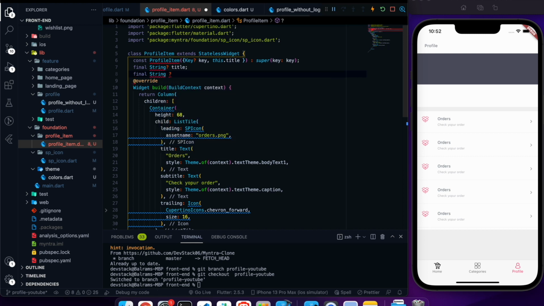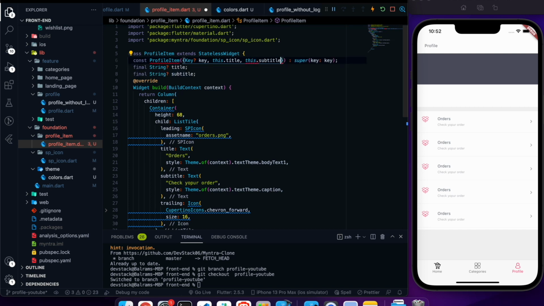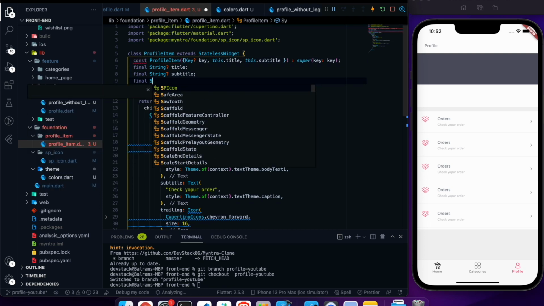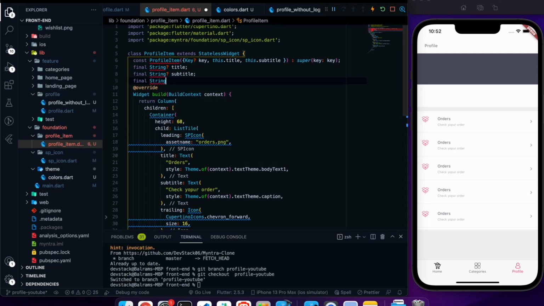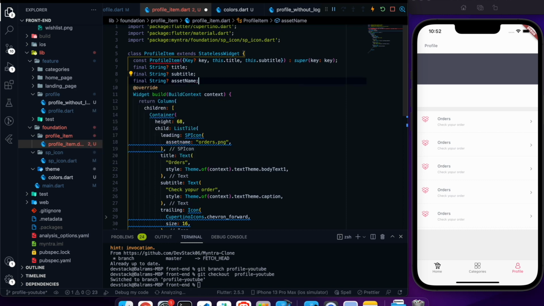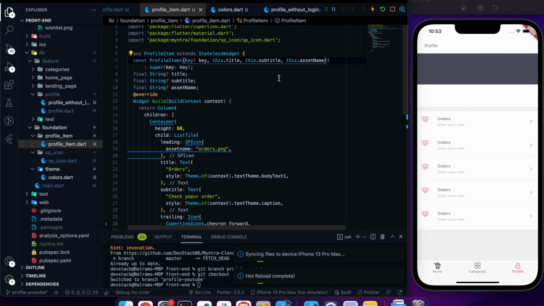It will be, again, optional, and I will use this.subtitle. The third parameter we wanted to get is the asset name. Instead of hard coding the asset name, I wanted to use the customized this.assetName.